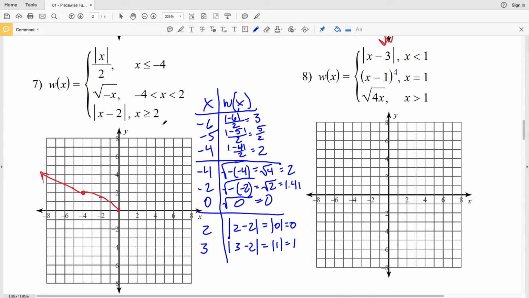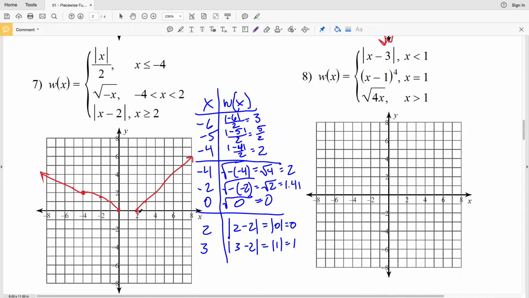If I enter in 4, I'll have 4 minus 2, which is the absolute value of 2, and this will be a straight line continuing the rest of my function. And remember, this point at 2 is included, so we'll be at 2, 0, then we'll go to 3, 1, 4, 2, and so on